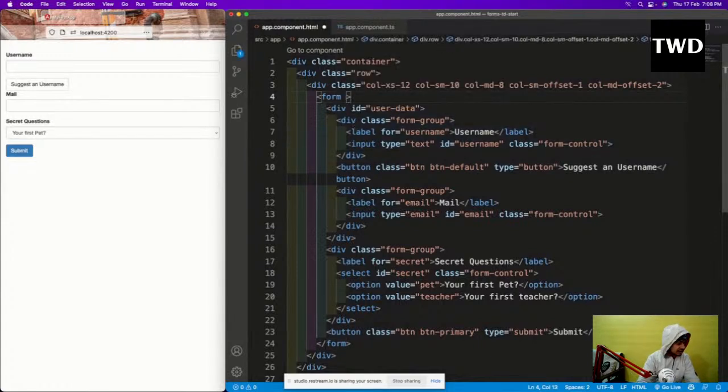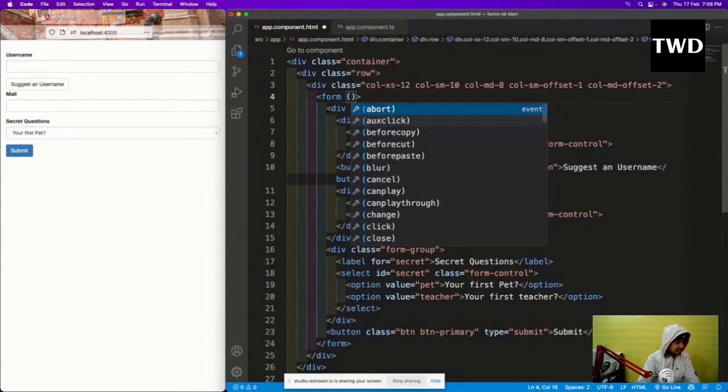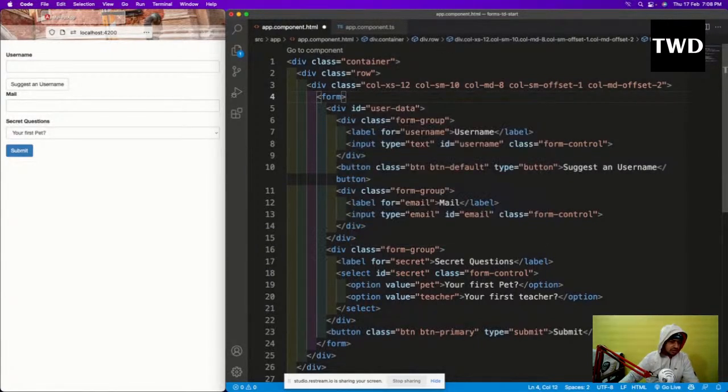Here I will come to each of them. Input is there, email is there, and secret is there. This input has class of form-control. Yesterday I was having an error because of a silly mistake: I had typed ngOnInit wrong. So I pasted that code in the previous day's lecture also. You can check it out. It is working fine completely.